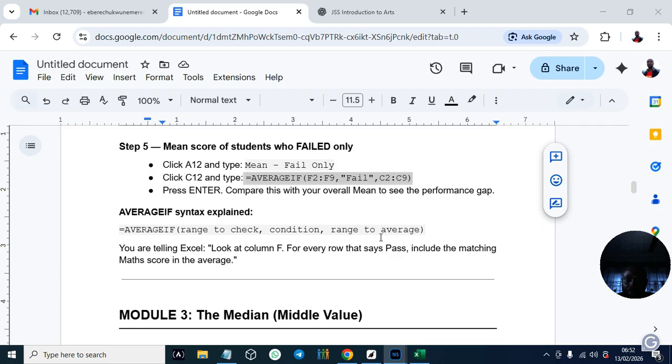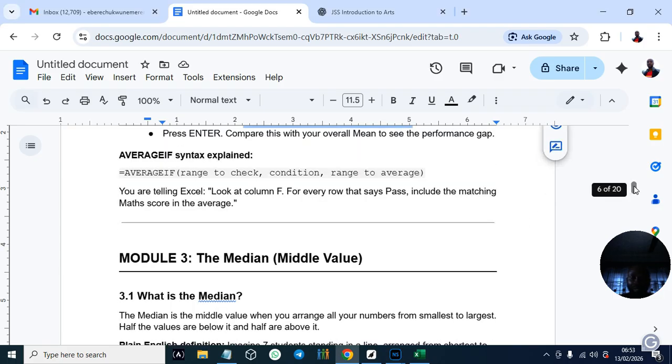You put the range to check, whether it is in English, in science, or in maths. So you are telling Excel, look at this column F for every row that says pass, include the matching math score in the average.